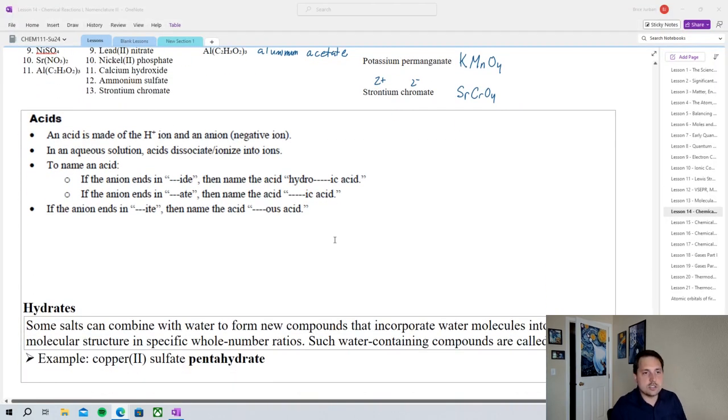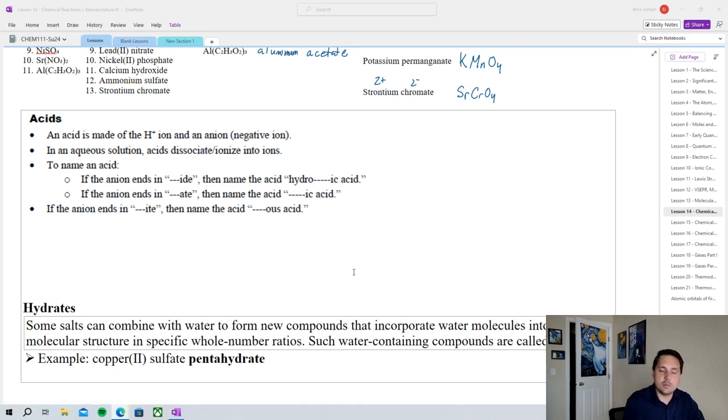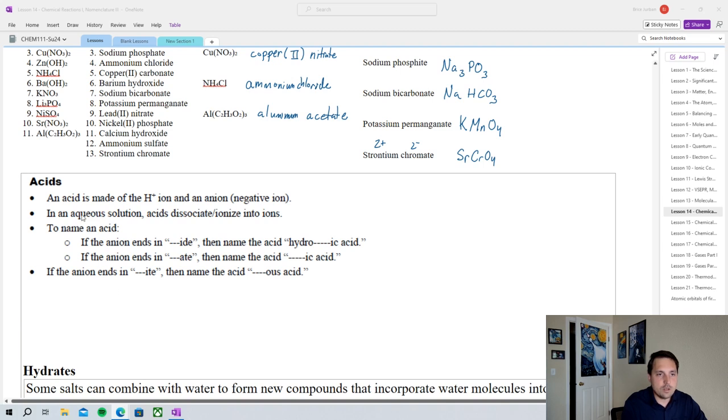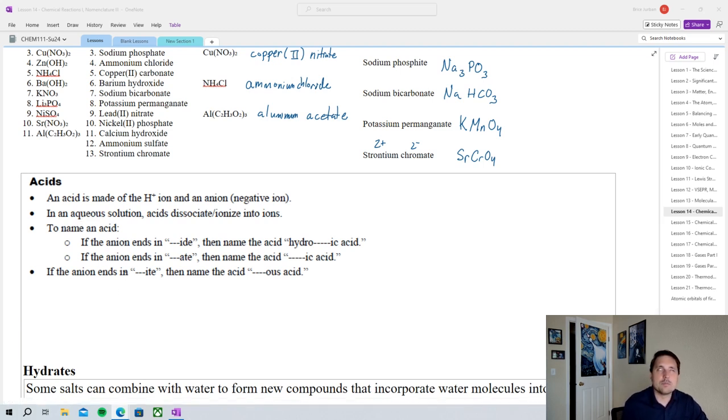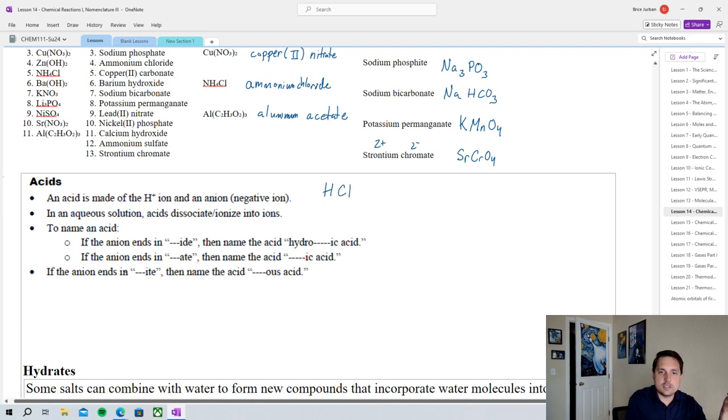Now, to end off the lecture, let's talk about the naming for acids and the naming for hydrates, which you might be a little bit already familiar with from our lab last week. So for an acid, we have not three different types of acids, but three different ways we can name acids. The simplest is if we have an acid that just has a hydrogen ion and an anion. Whenever these acids exist, a couple of those would be hydrochloric acid,